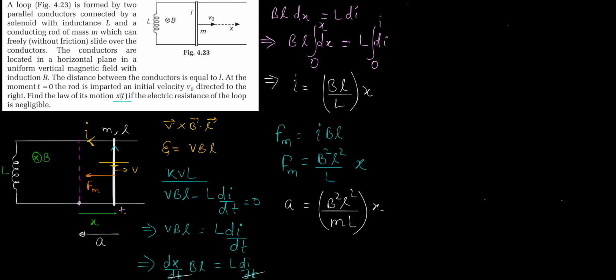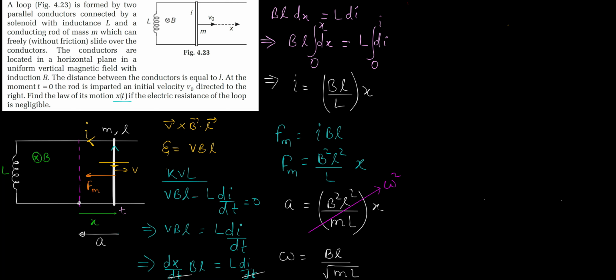And we already know that this is omega square, right? Omega square is this one. Omega is angular frequency of simple harmonic motion. So basically what will the rod do? This rod will oscillate back and forth about this mean position. So initially it will have velocity v naught towards left, okay, maximum velocity at the mean position, and then the rod will come to rest momentarily, then it will go backward, and then again to the left, and then again it will oscillate back and forth like this. Okay, so this will be your omega square, so that we have this omega as BL over square root of